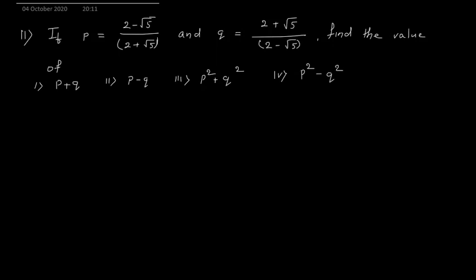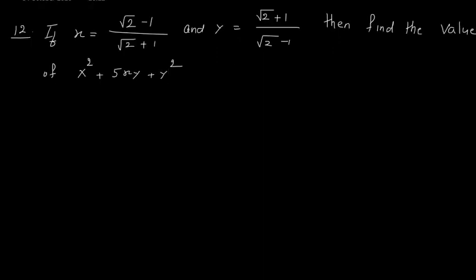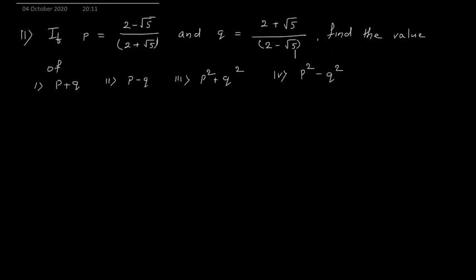Okay, how do you get the P square value? For P you rationalize P and for Q you rationalize Q. So either it is better that I rationalize P and Q and then I will find all these values. That will also work. Okay, so better I will try. Okay, you try and then you check here.